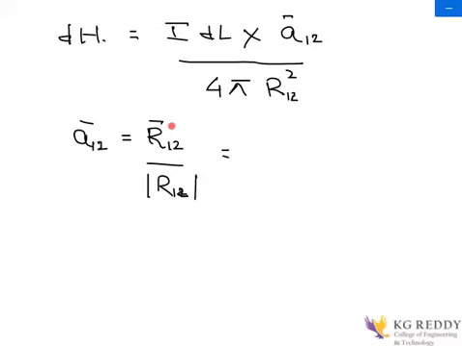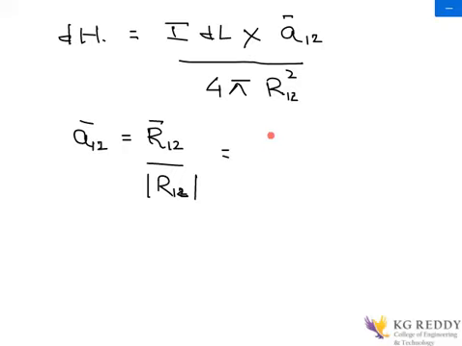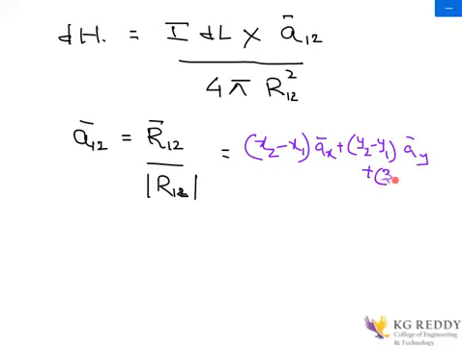Generally, writing a vector equation is very simple. You can go through the previous lectures on how we have written this. In general form, I am writing it first. Let me take a different color, so it will be easy to identify. In general, we can write x2 minus x1 into ax, second point minus first point, plus y2 minus y1 into ay, plus z2 minus z1 into